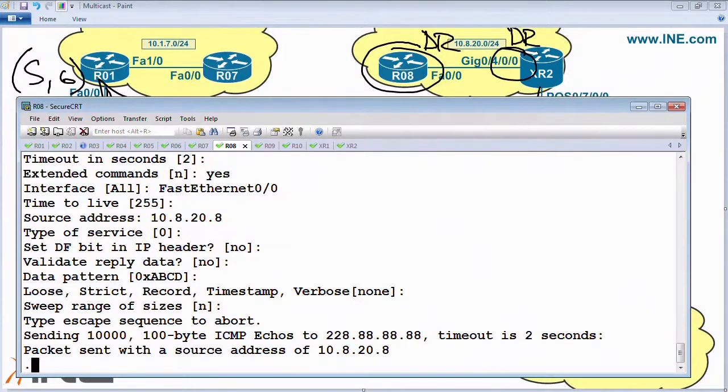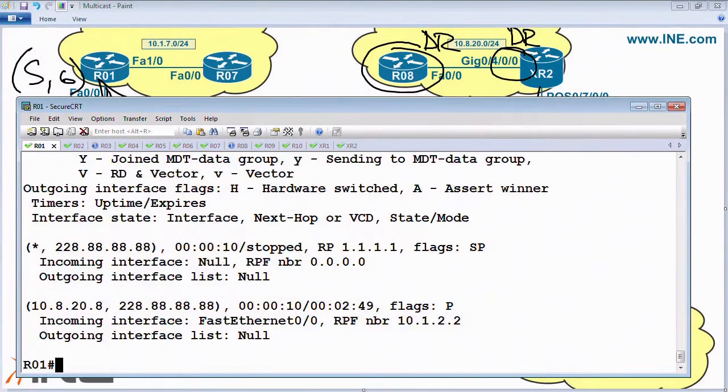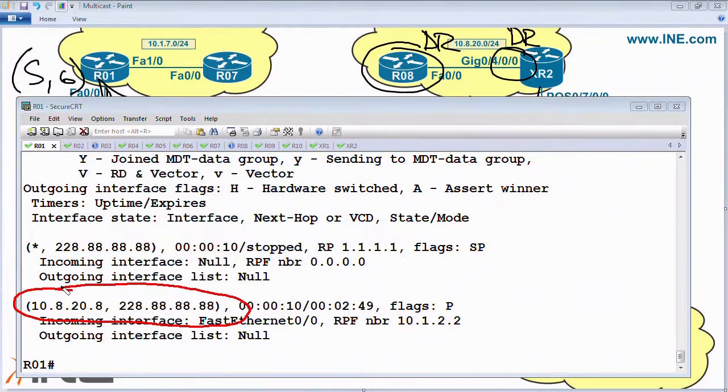Now, if this is working, what we should see is that if we go to router 1 and now look at the show ip mroute for 228.88.88.88, it should know about that S, G pair, which it does. So this means that the registration from XR2 was properly sent all the way across the MDT tunnel to get to the other customer site. Now at this point, the outgoing interface is null because there's no receivers that are listening for